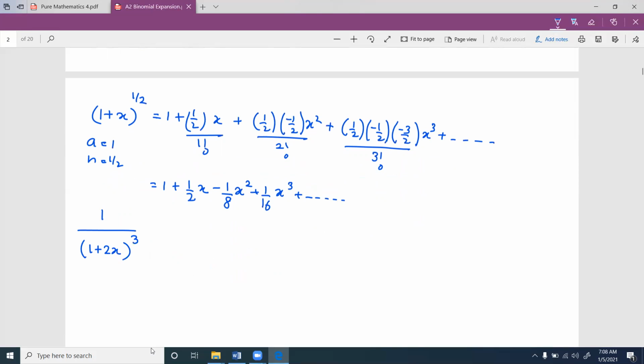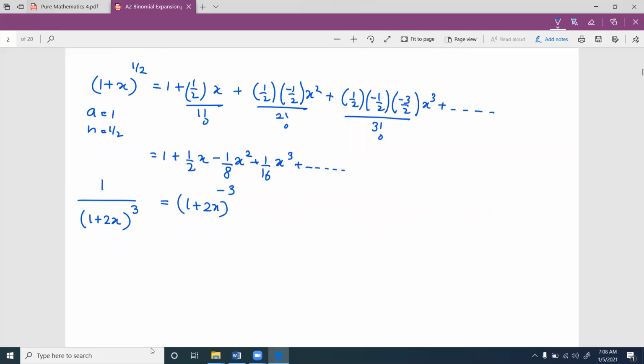Okay. Then we can understand that this is (1 + 2x)^-3. I'm using the same format. Now you know that a is 2, n is minus 3, right? So we'll start to do this. This is 1 plus nax, so it should be 2x over factorial 1. Right. Then